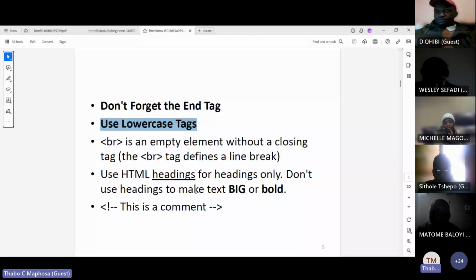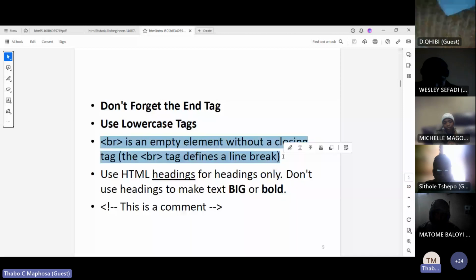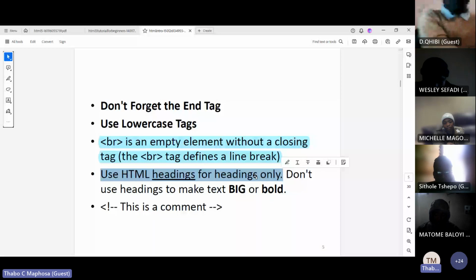And also now they're saying that BR here is an empty element without a closing tag. We spoke about this, that this one you don't need to close. And then, use HTML headings for headings only. Remember, guys, those HTML headings that I was talking about, the H1, H2, H3, H4, H5, H6, use those for headings only. Don't use headings to make text big or bold.